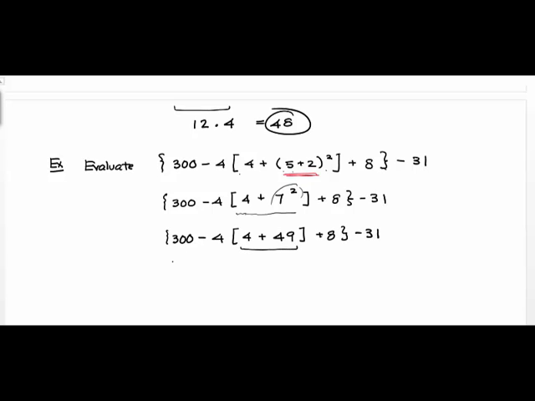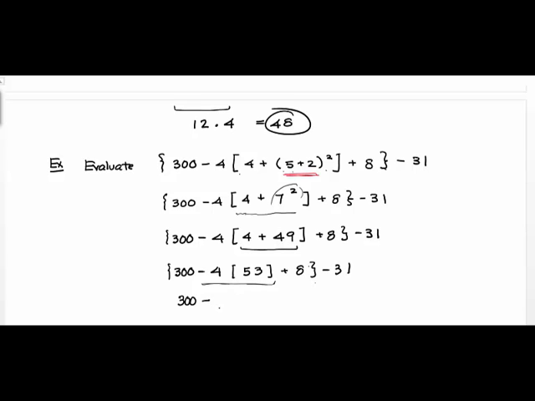Still working inside my parentheses, the innermost parentheses, I have 300 minus 4 times 53 plus 8 minus 31. Now I don't have anything else inside these parentheses. There's no operation here, so that's just like the number 53. So I move out to these. And if I look inside this area here, I see that this is the multiplication I need to do. Right? So I have 300 minus 4 times 53 is